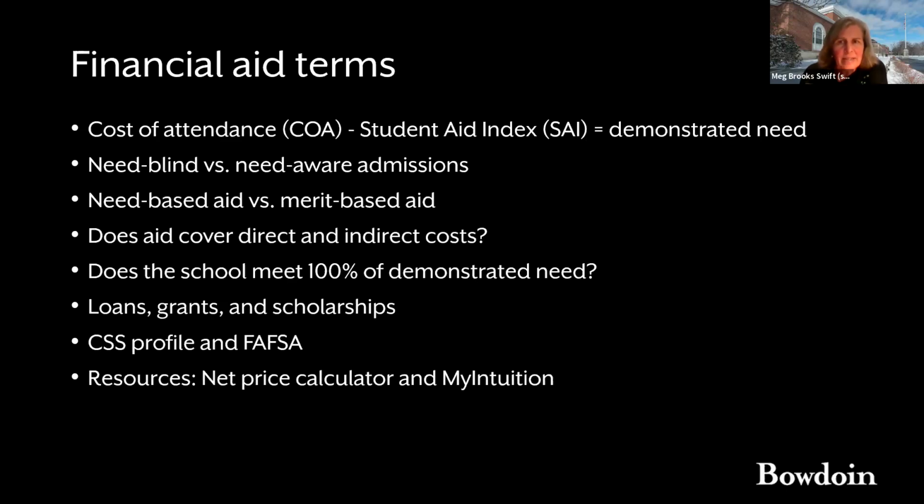So, cost of attendance and student aid index. This is the basic formula for understanding student aid. The cost of attendance is the sticker price to attend a school. The student aid index, formerly referred to as the EFC, or the expected family contribution, is the amount of money it is determined that your family is able to contribute. When you subtract the cost of attendance from the student aid index, you can get a sense of your demonstrated